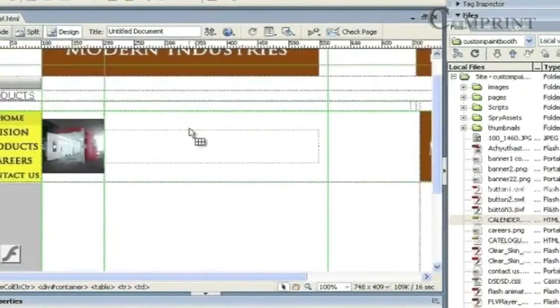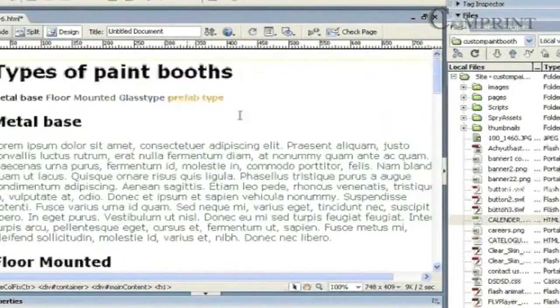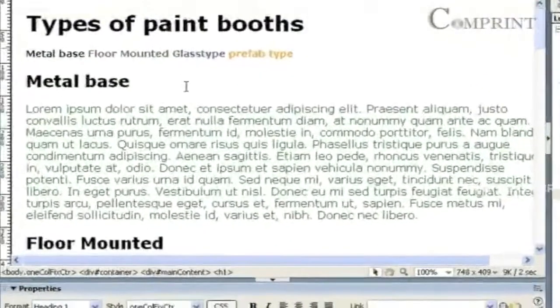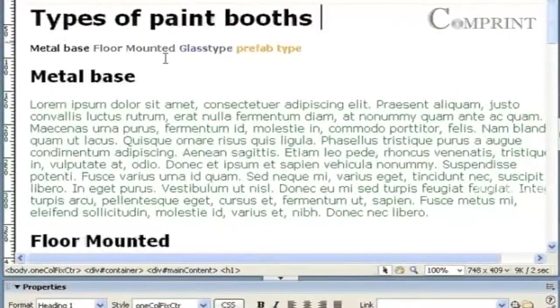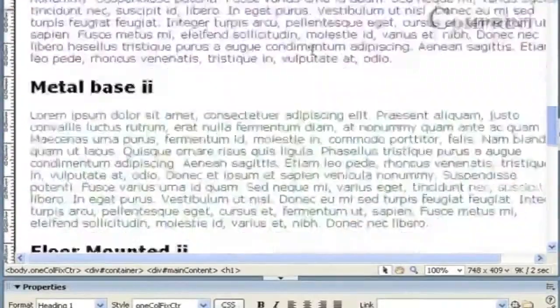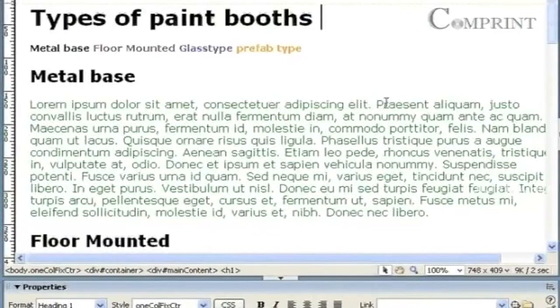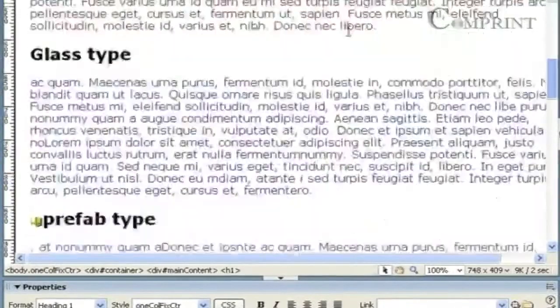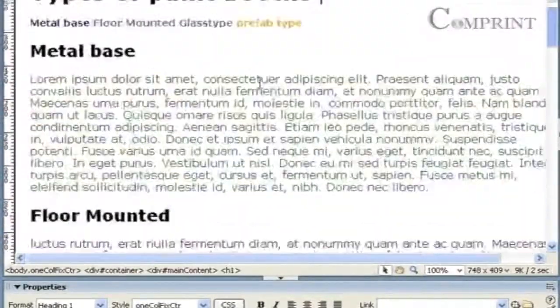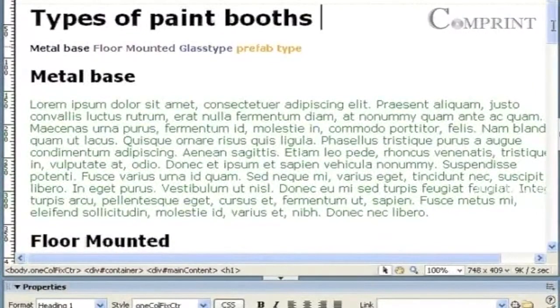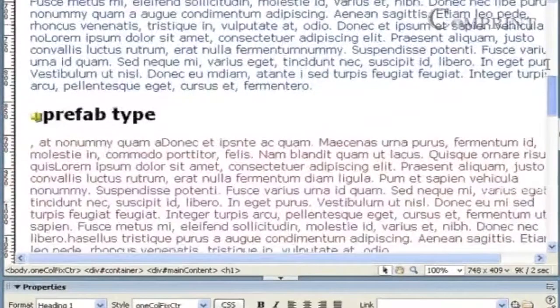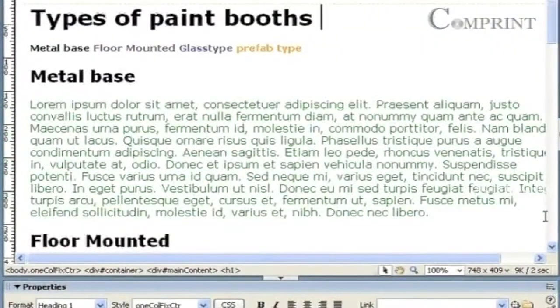Now let us see how to insert a named anchor. Named anchors help us to navigate within the page. For example, this web page has a lot of information. It has so many topics. To go to a particular topic, here we have to move the scroll bar up and down. Instead of that, just by clicking on the topic heading here, we can directly navigate to the particular place. So this can be done by using named anchors. Let us see how to set the named anchors.